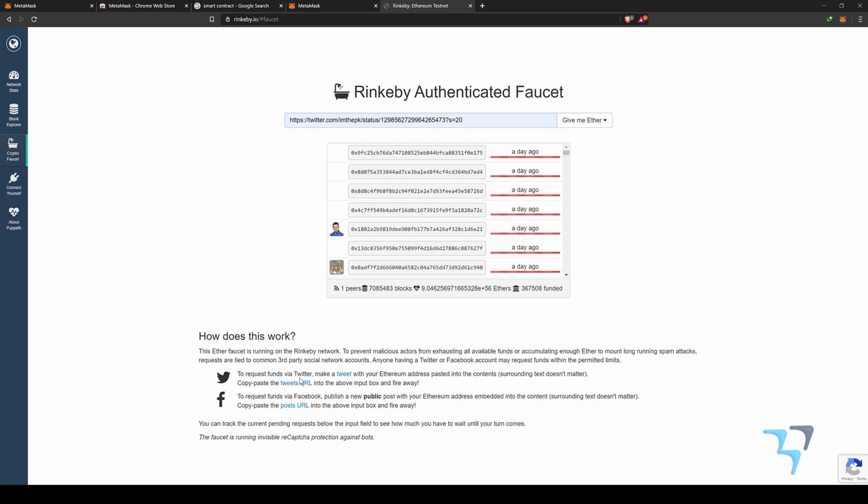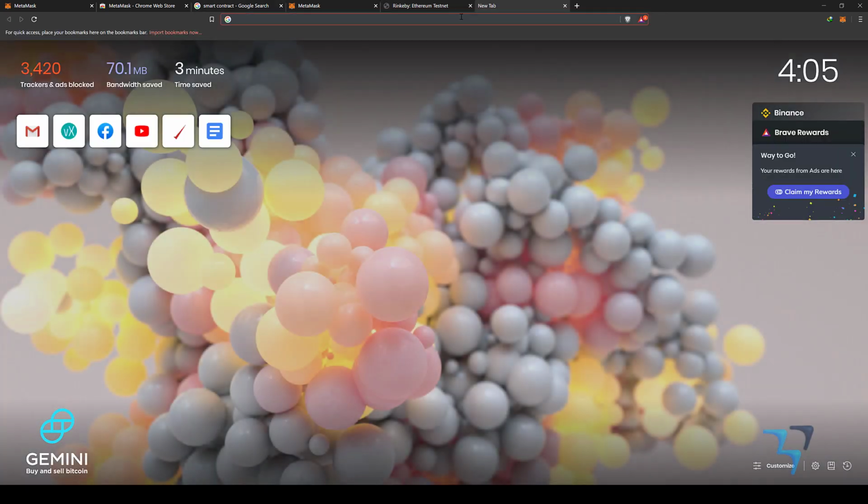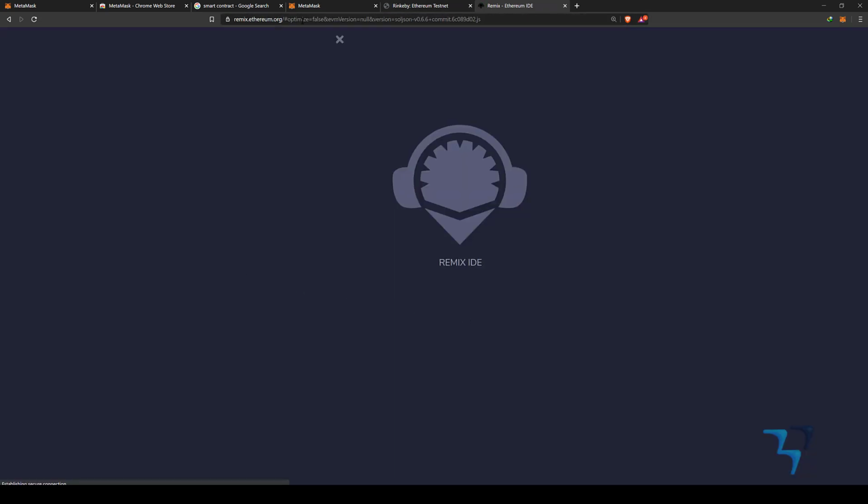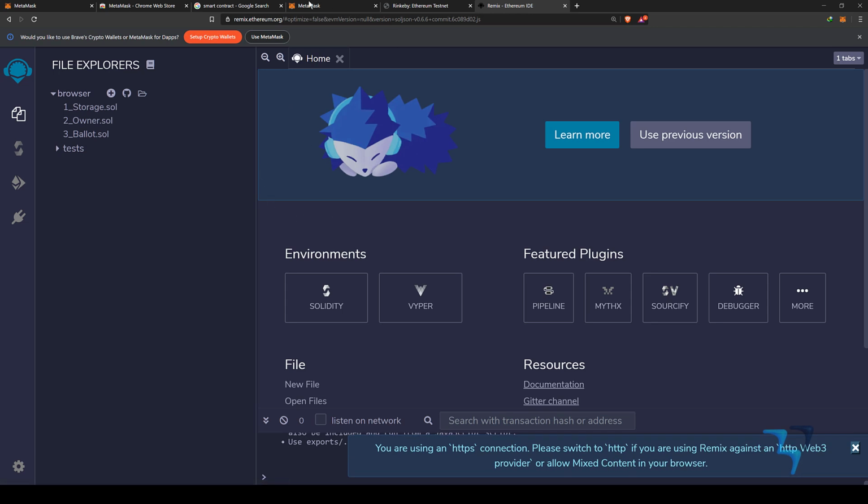We need an IDE first of all, and we need a programming language to do that, right? The programming language we are gonna use for this is Solidity, and for Flutter we will use Dart. For Solidity, we can go to something called Remix Ethereum, which is another online IDE which we can use. If I click here, remix.ethereum.org,